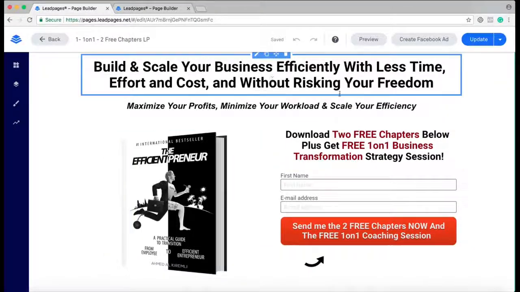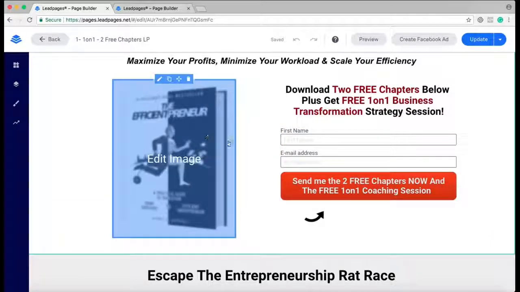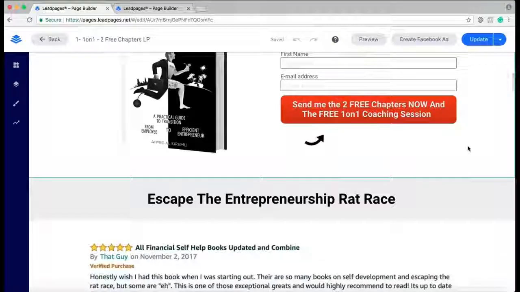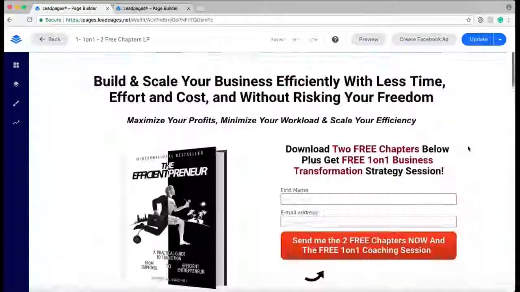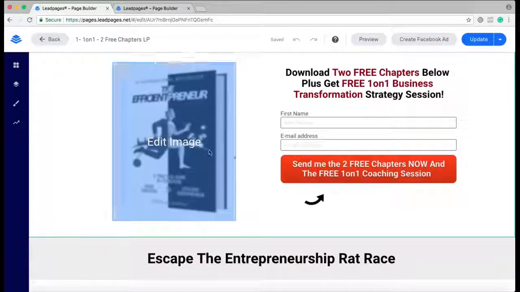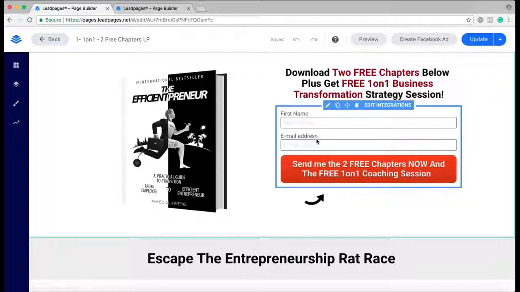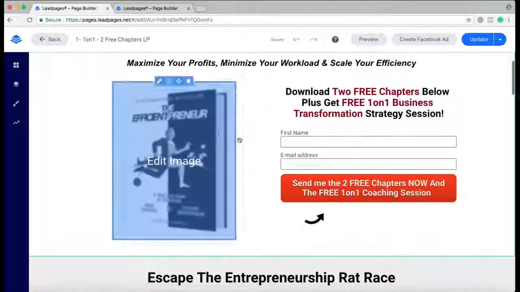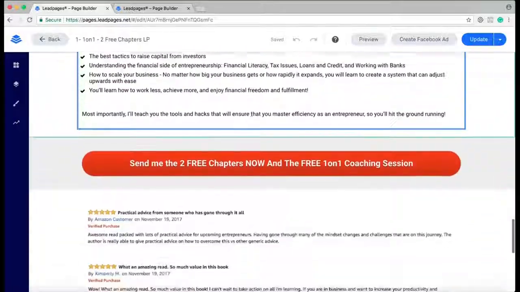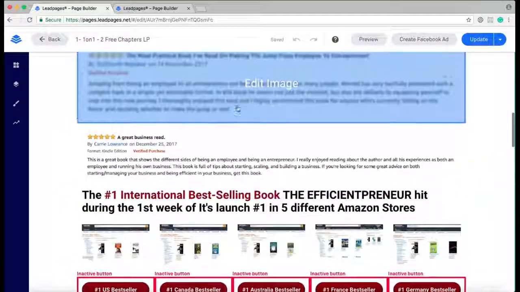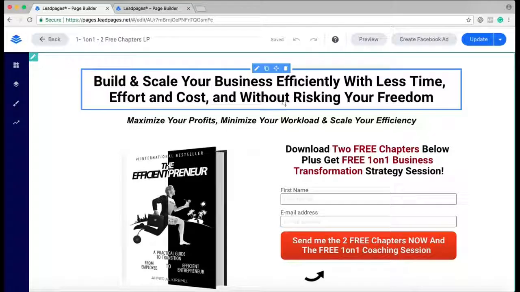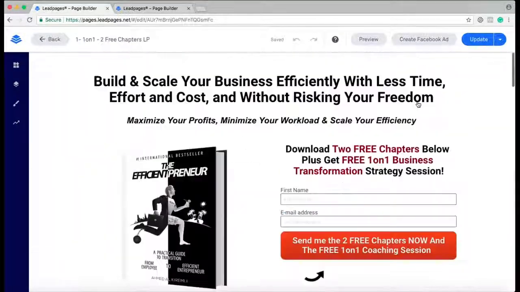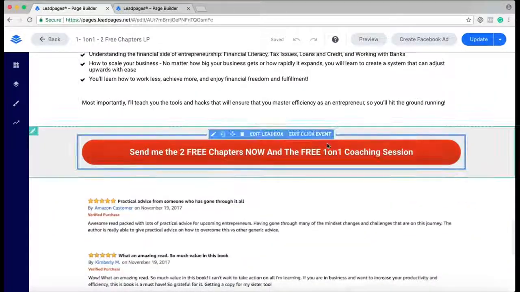So on this page, usually you give something for free, what they call an ethical bribe or a lead magnet. So here, let's say on this page, I'm giving 2 chapters of my book. When someone opts in here, they will get 2 chapters of my book. And you design this page for one purpose, which is pushing people to take one action, right? So the whole point of this page is for people to download